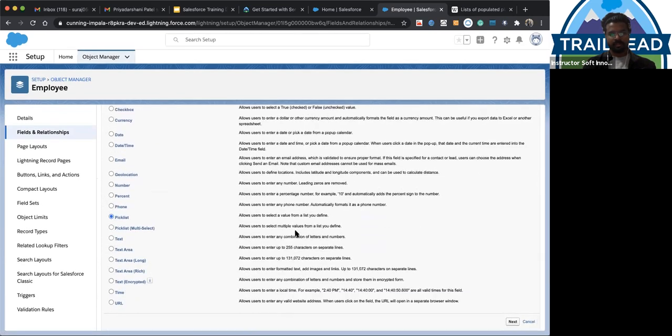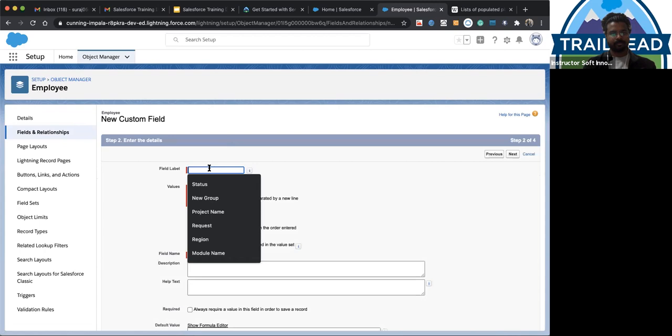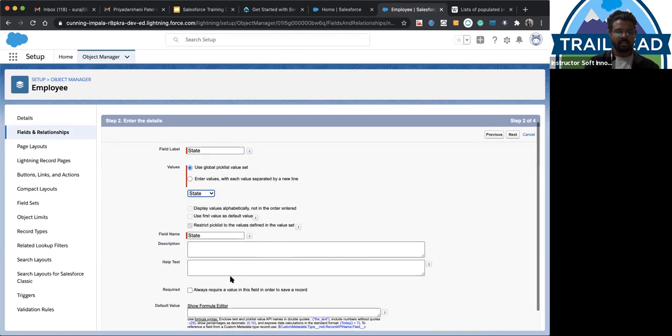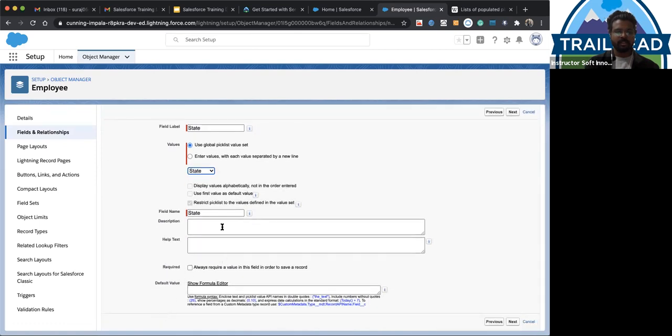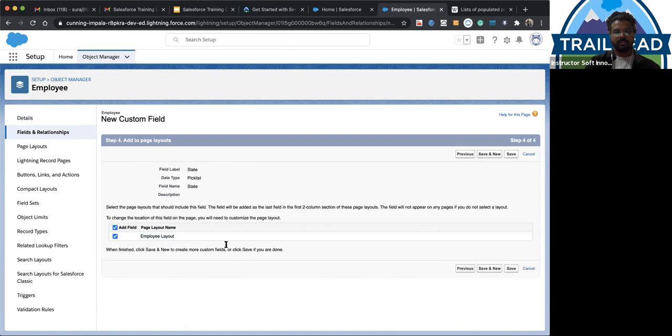Similarly, as you create a pick list, I just click the pick list, and now you can see the global pick list value set option available here. You just have to select it, and everything will be as it is. If you want to make it required, add help text or a description if you want to, and hit next. Field level security, check that it is visible to you or not. Hit next. Then we have an option to add it to the page layout, and hit save.